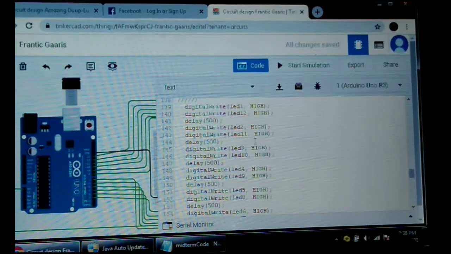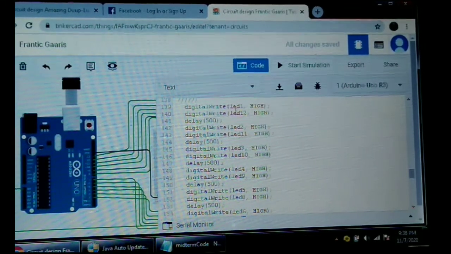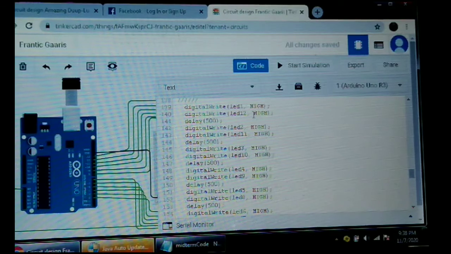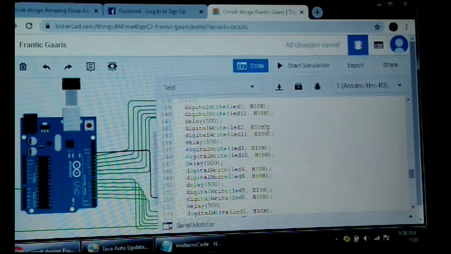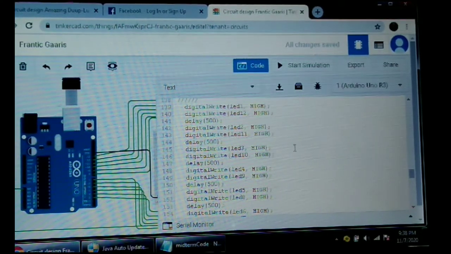Next, for the third pattern, digitalWrite LED1 HIGH and digitalWrite LED12 HIGH. So that means that LED 1 and LED 12 will turn on, then delay 500,